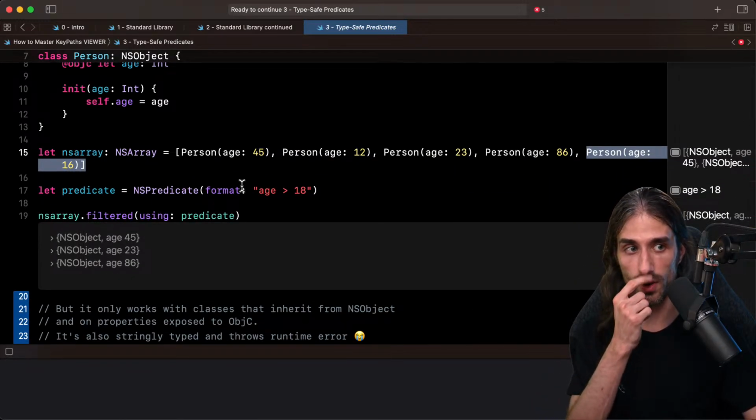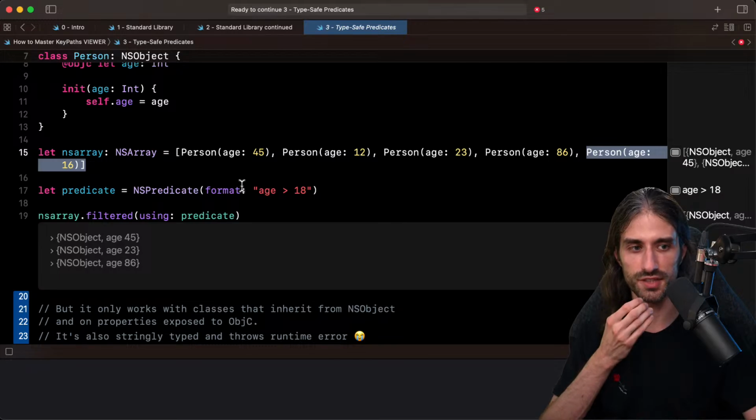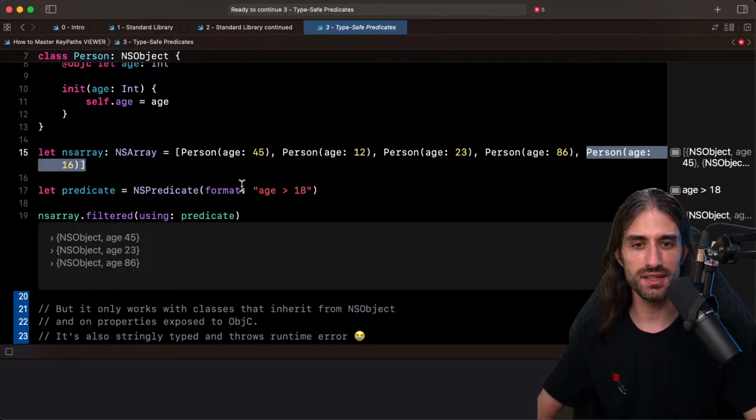So this was great in Objective-C, but it had the downside of being stringly typed. There might have been syntax where you could use #keyPath in order to get something that was type safe, but still under the hood it was not type safe. And until very recently, Swift didn't have a built-in way to express key paths.